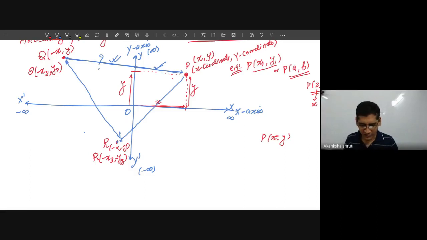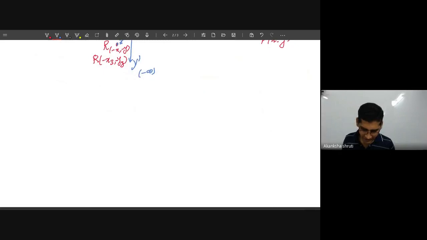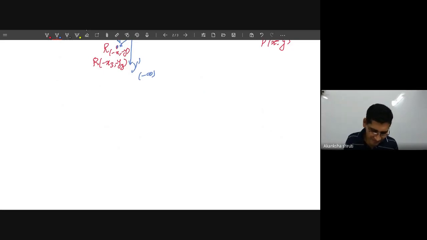In which ratio is this y-axis dividing this line? In which ratio is this y-axis dividing P and R? So all these things belong to our sectional formula. So the distance formula is the heart or beginning of this coordinate geometry. So we have to start with the distance formula. A student, for the distance formula, we have to keep in mind a very small thing. Say, distance of a point from origin, though this can also be derived from the distance formula, but before deriving from the distance formula, let us understand this by applying our basic concepts.